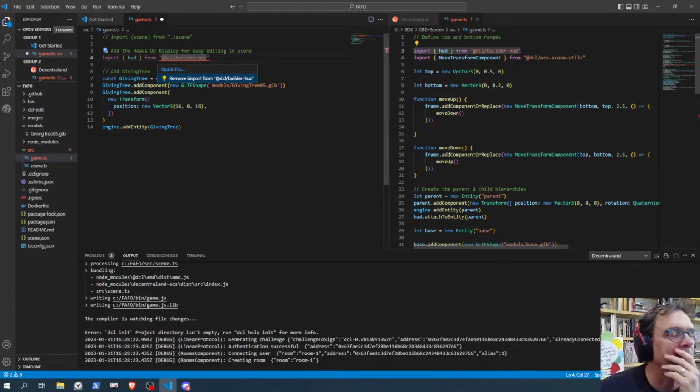The whole reason why I'm going through this long, complicated process is because when we got to the end of the FAFO last week, Canessa, I noticed that there wasn't a widget in there to move things around and fine tune things. That's one thing that I do like about the builder, even though it was kind of buggy. You'd try to rotate it and it would rotate in the weirdest axis.